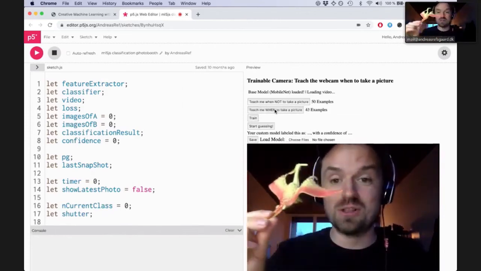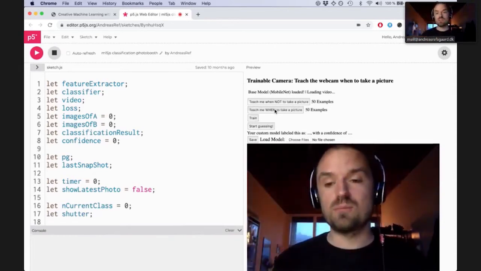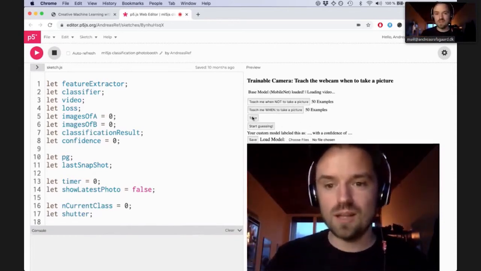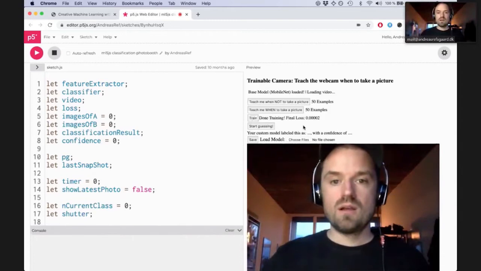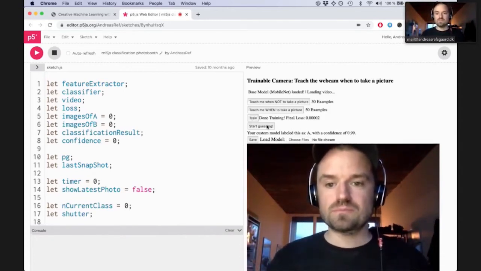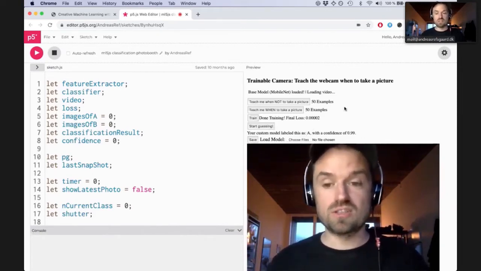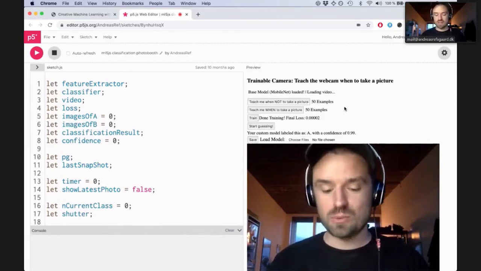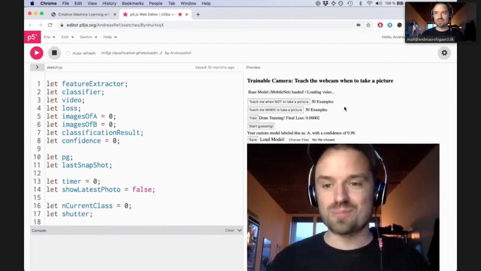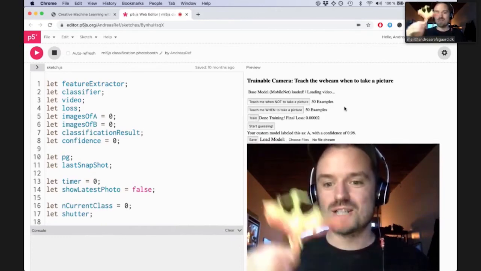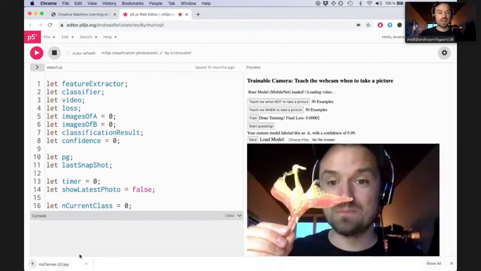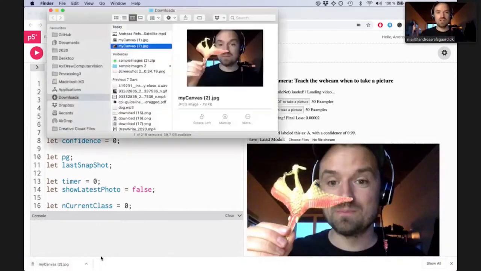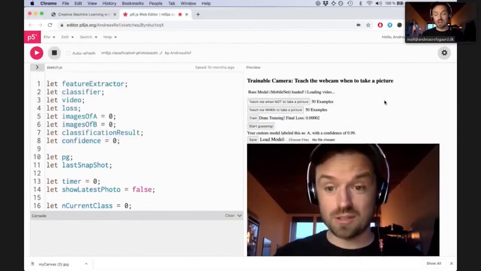So maybe you can bring in your cat or your kid, or I don't know. And again, roughly the same number of examples. Then I'm going to hit train. And I'm going to hit start guessing. And then it will go A, which is teach me when not to take a picture. So now it shouldn't take a picture. But let's see what happens if this dinosaur comes in the picture, tries to steal my thunder. Then it goes B, and then it actually takes a picture. And it saves the picture